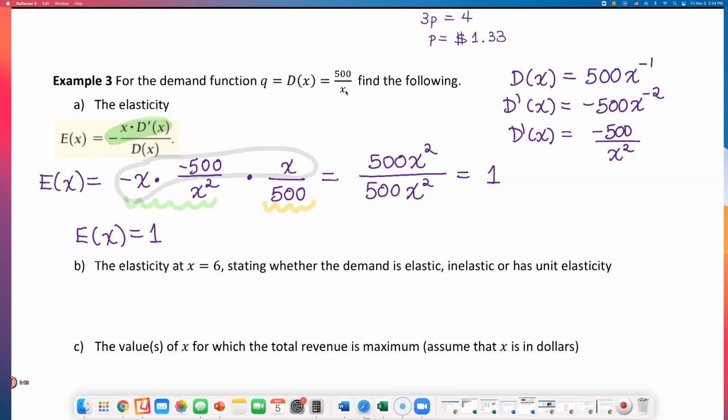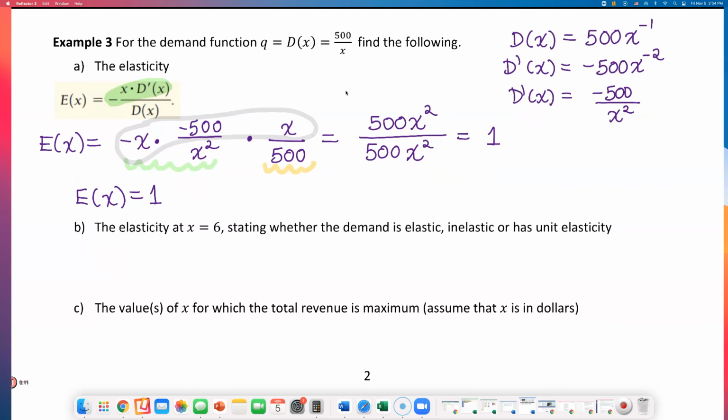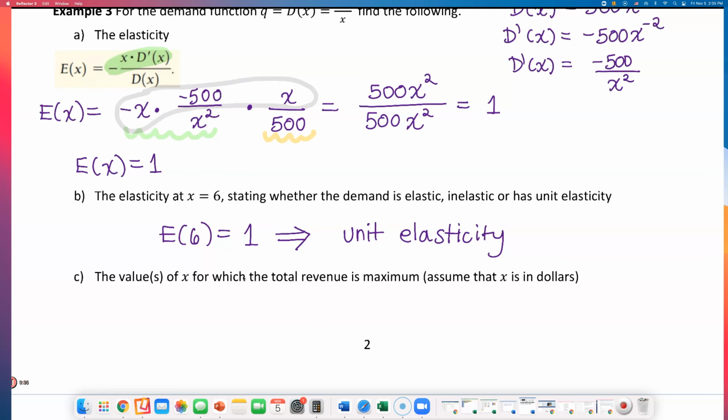This is very, very interesting. So if they ask you to find the elasticity at x equals 6, well, price is 6. Already the maximum is achieved. When you plug in x equals 6 into a constant function 1, it will come out to be 1. So it is unit elasticity. If it's equal to 1, then we have unit elasticity. And so the values of x for which the total revenue is maximum. But when the elasticity is 1, no matter what the value of the price is, well, what we just have to say is I guess, the total revenue